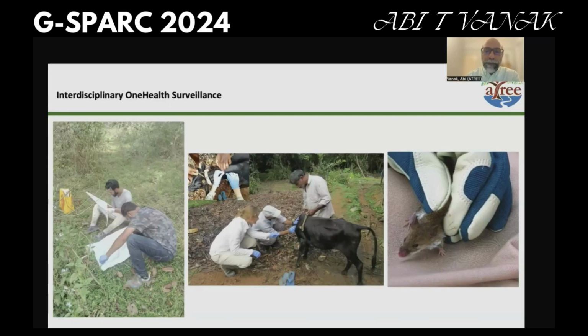We also sampled livestock, because livestock can be carriers or amplifiers of ticks themselves, even though livestock are not known to be amplifiers of the virus in particular, but they can certainly be amplifiers of the tick population. And then we captured lots of small mammals to look at which hosts are likely to have infections of Kyasanur forest disease.